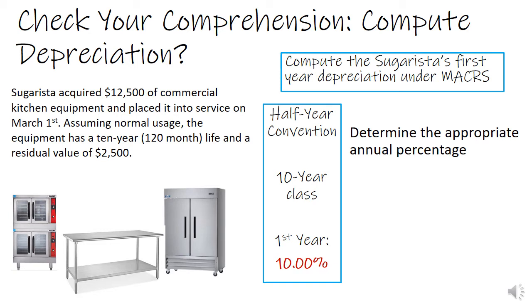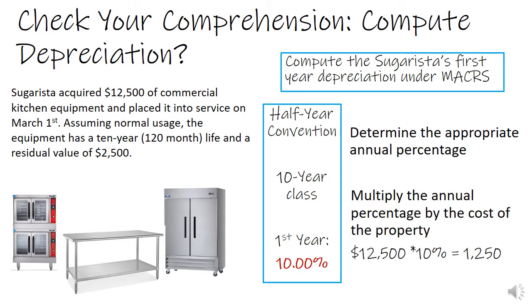Now, how do we know that we're using the half-year convention? Because the property was put into place in March. As long as the property was put into place prior to the last quarter of the year, we generally use the half-year convention. So in the next step, you multiply the annual percentage rate from that table by the cost